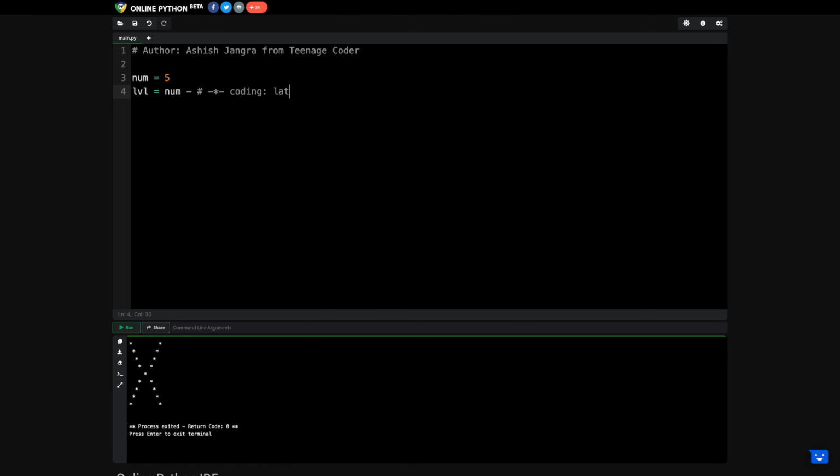Okay, let me remove this again, and now I will go for a for loop. For i in, I should define the range, and the range should be LVL. LVL is nothing but my variable, which will execute 4 times. Now here I will print a few things. First thing should be my